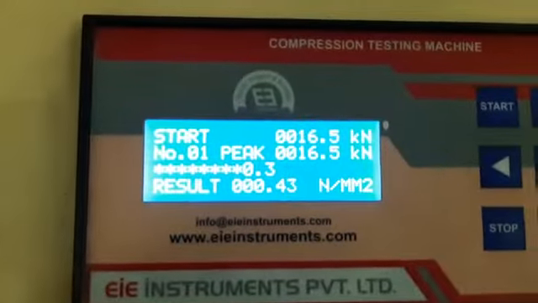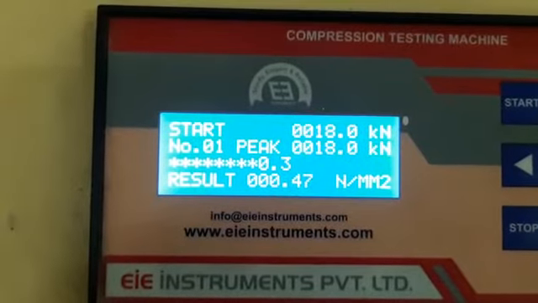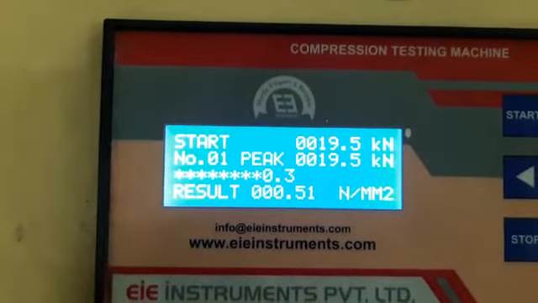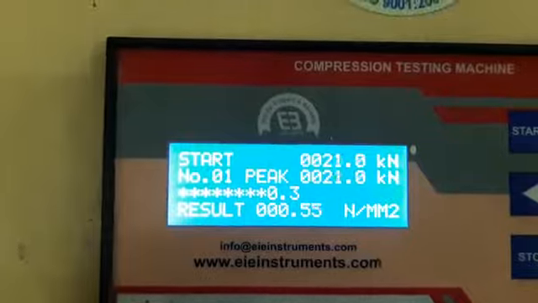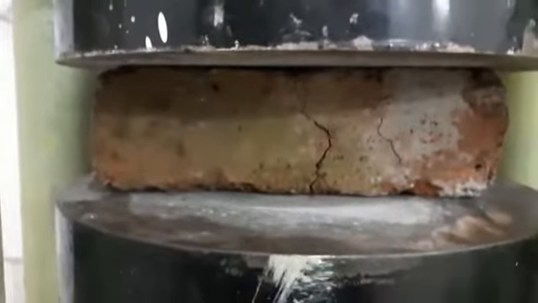As you can see, the value is increasing. Also you can see the sample of brick is getting cracked.